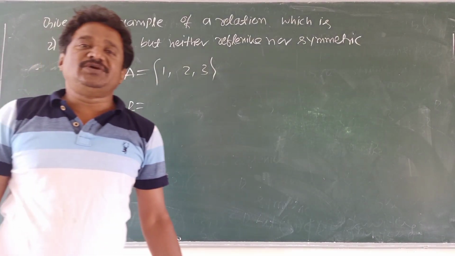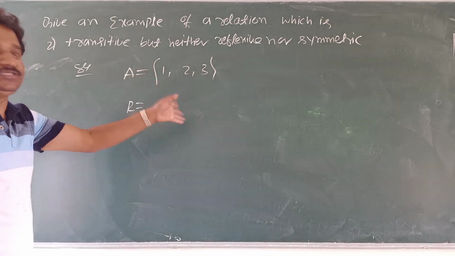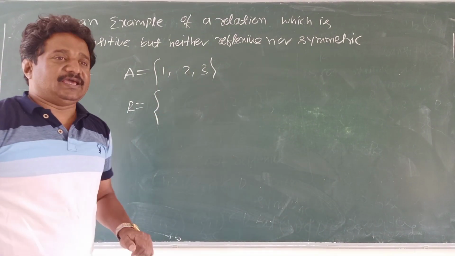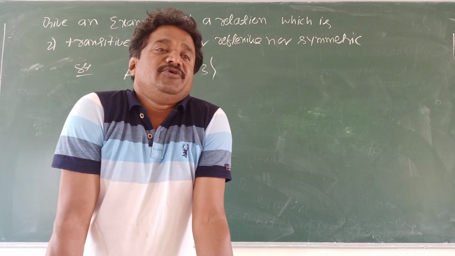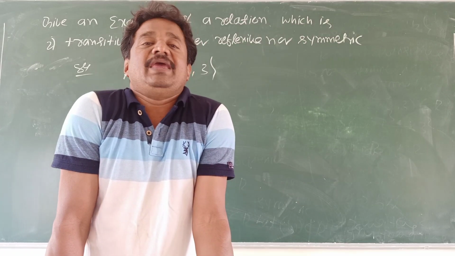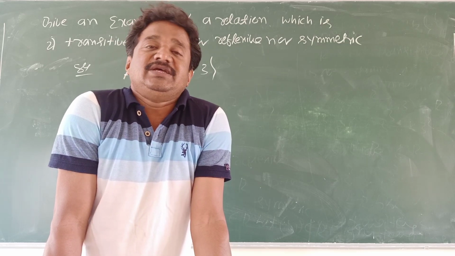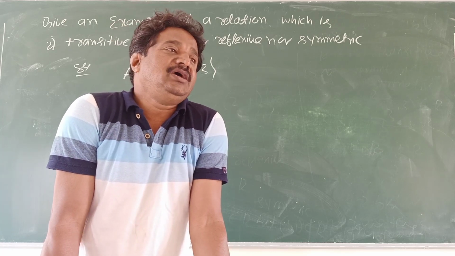For me, a transitive relation is required. R should become transitive. You just write a transitive relation. When do we say that a relation is transitive? If it contains (A, B), (B, C), (A, C), correct? A relation which contains (A, B), (B, C), (A, C) is called a transitive relation.